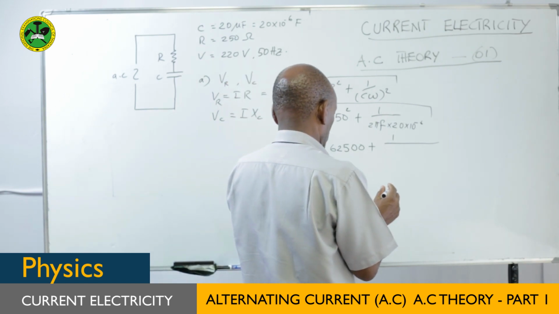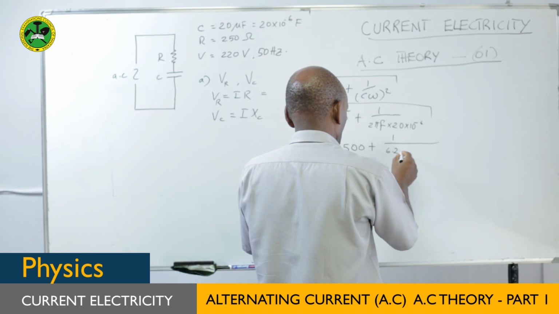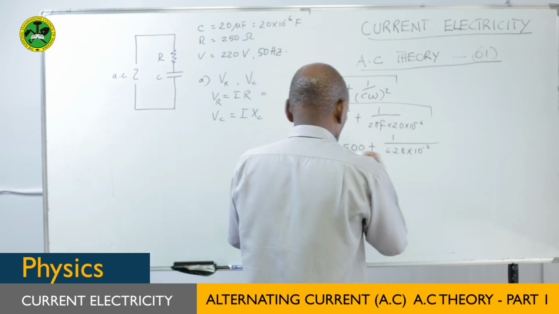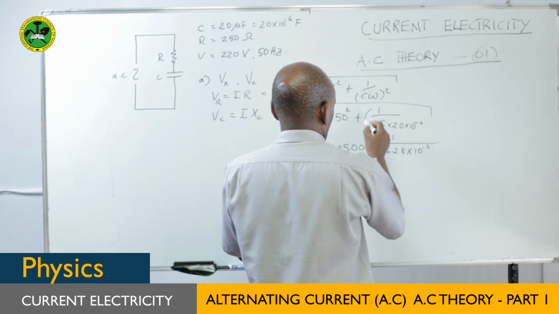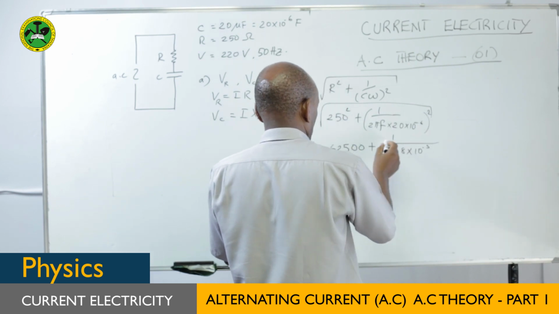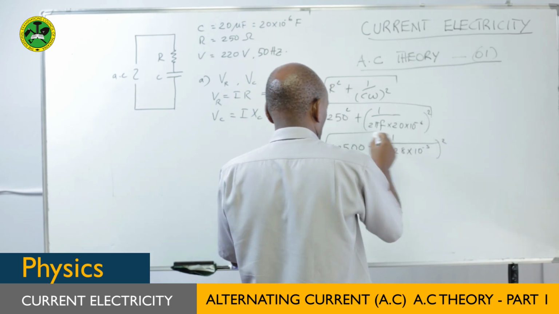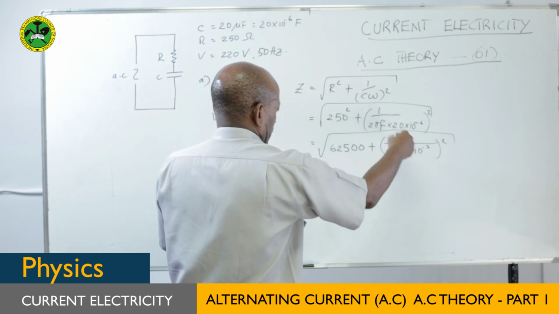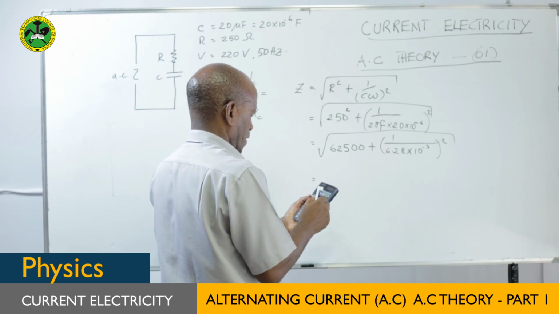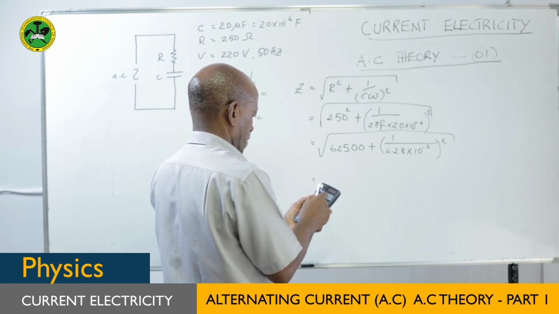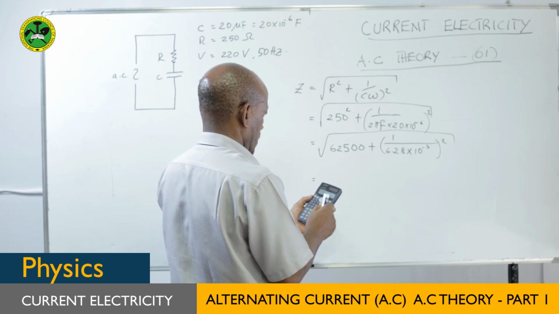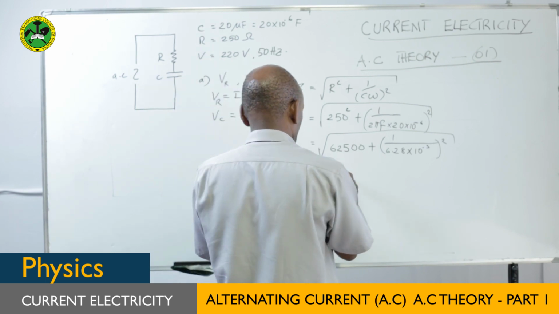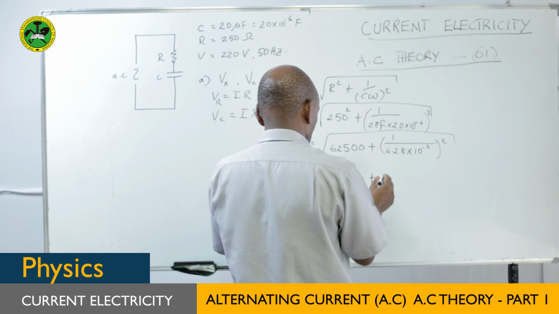So we are getting 6.28 times 10 power minus 3. Now remember, here we have to square this so that we can take the square root of the sum. If I square straightforward, I'm going to get 62,500 plus